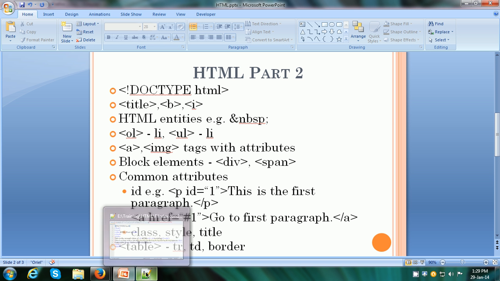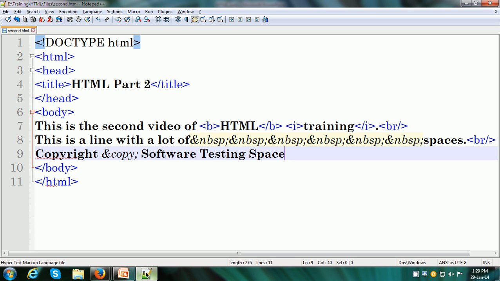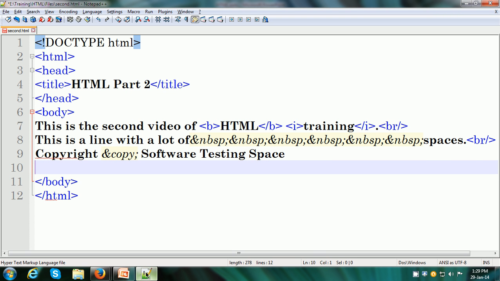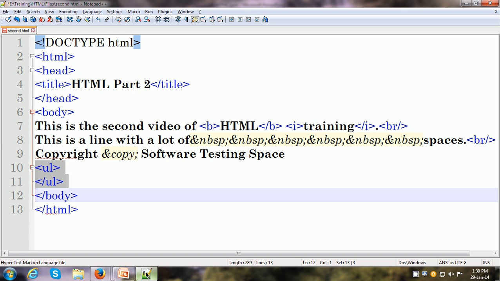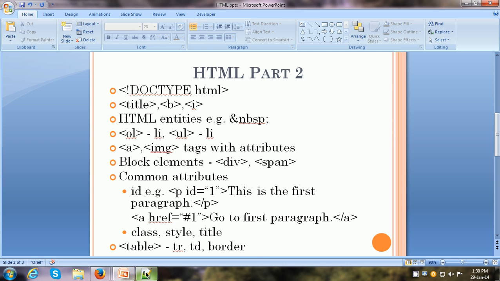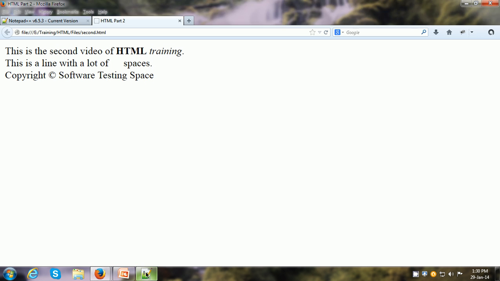Now let us move on and see lists. Let us say we want to make a list of items. The tag for that is UL, and we put the opening and the closing tags. Now this just creates an empty list. There are no items in the list, and I've saved it, and let me refresh it.